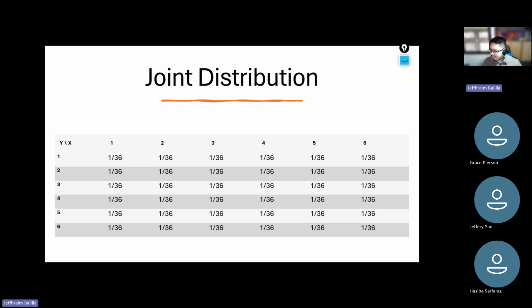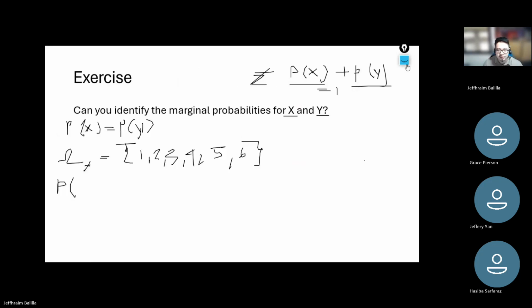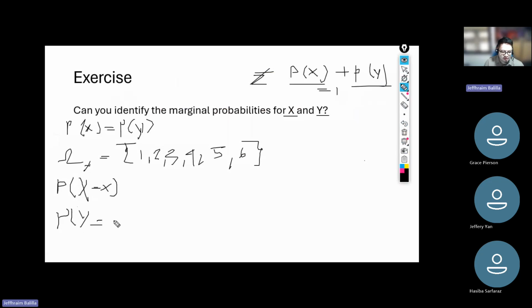Okay, I'm back. Are you there now, guys? So, going back to our question here, what is the marginal probability of x, and what is the marginal probability of y? Starting with a fresh slide here: P of x equal to x, P of y equal to y. Any guesses, guys? Based on this table, you can easily see